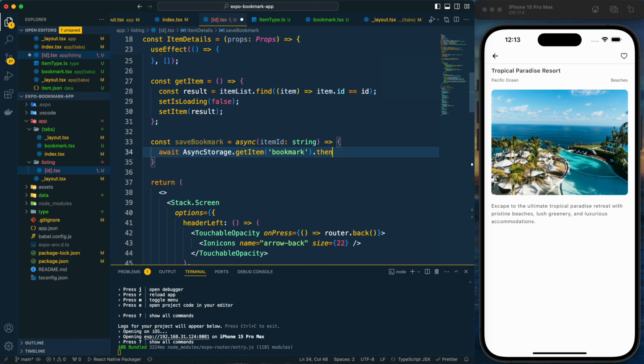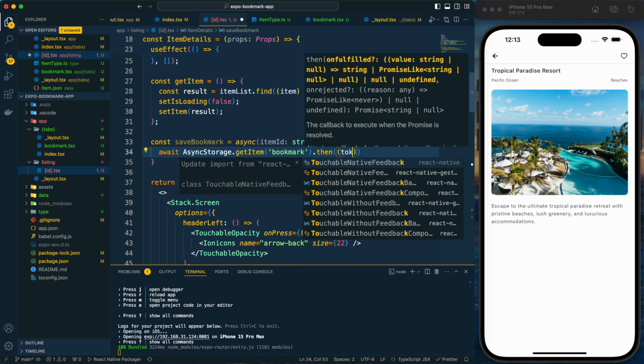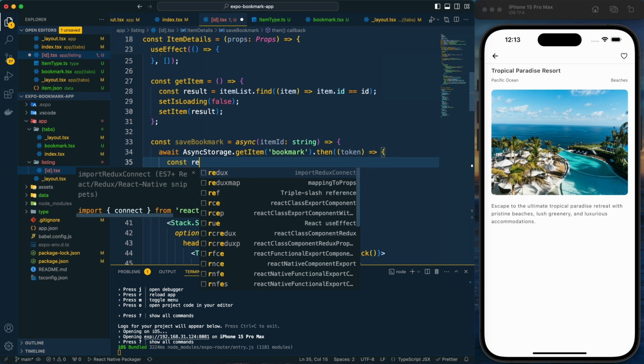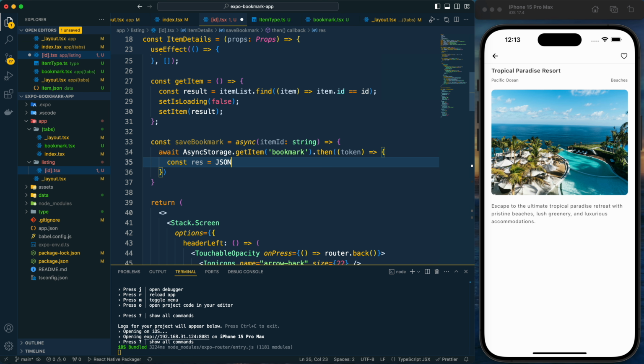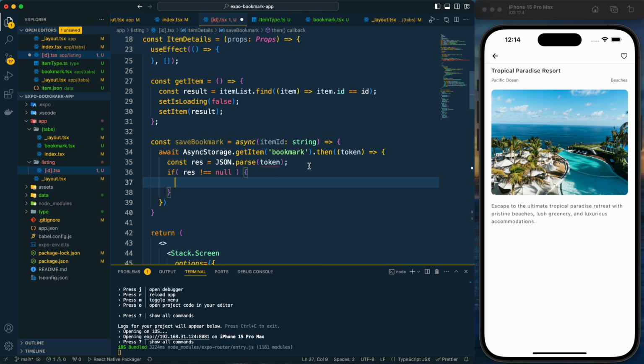So we are getting the bookmark item and then we can get the data from here, and let me call it as token, and let's get the result here as res. Let's parse the data. So by this we will get the result, and let's check if res not equal to null. So that means some data is present in this bookmark item.